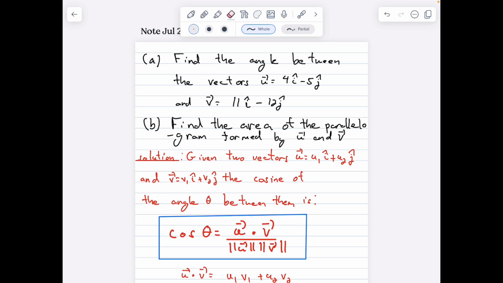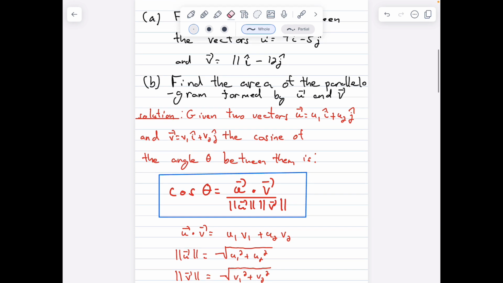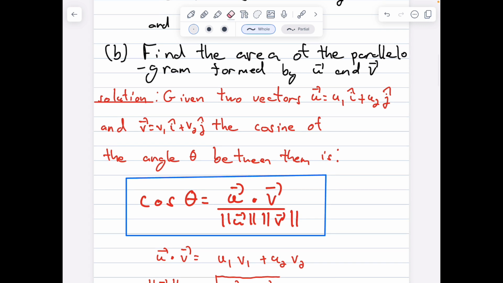So this question kind of ranges across subjects. Sometimes we'll see it in trigonometry, in pre-calculus, and then for sure you see it in linear algebra or in calculus 3. If you're given two vectors, u, made up of u1 i and u2 j, and v, made up of v1 i and v2 j, the cosine of the angle between them is equal to the dot product between u and v,